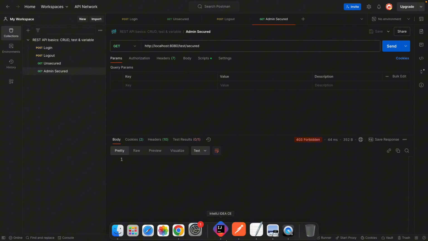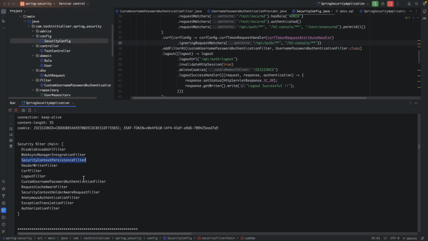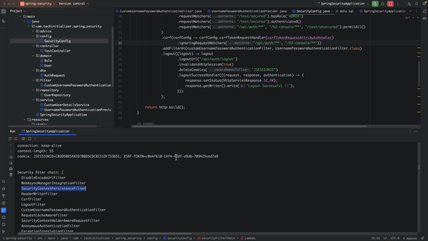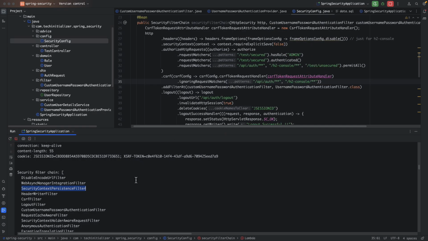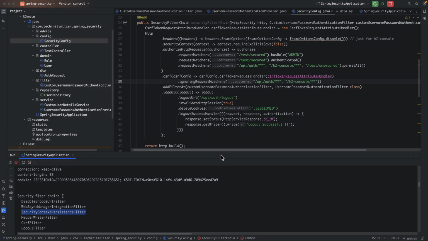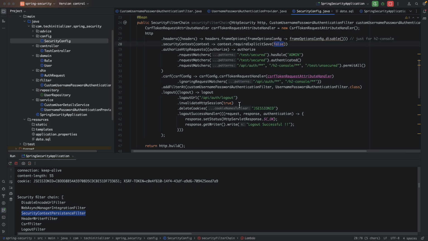So now if we go to the logs and see which filter is being used, it was the security context persistence filter. This persistence filter will be saving the security context in the security context repository, and it is used for future requests. So that's why when you logged in and after that you accessed the secured endpoint, you were able to access it. And this is because of this one. So if we make it true,